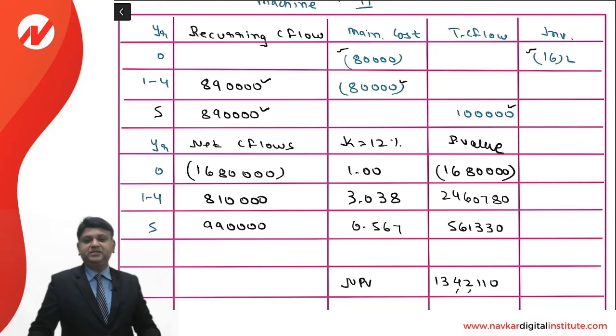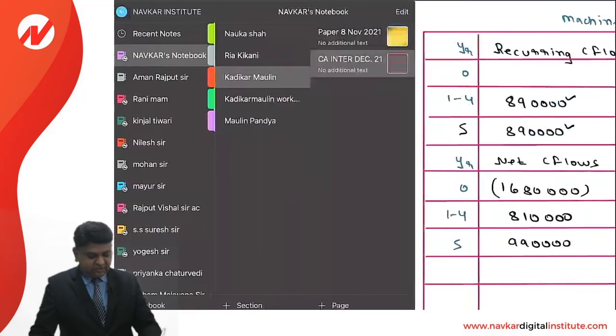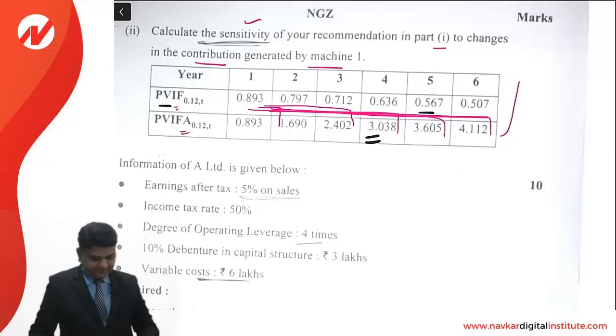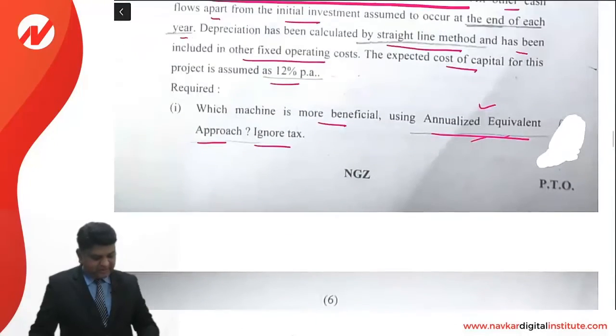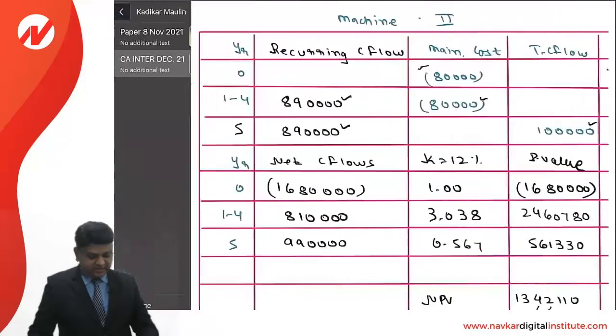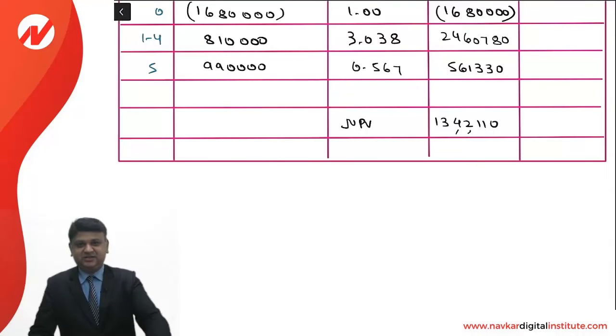Whatever NPV we have calculated for machinery 1 and 2, they are not comparable because this NPV is for different number of years. That is the reason there is a good clarification made in the question that we are required to make the calculation of the equalized annual value. It means that equalized annual NPV is required to be calculated for both the options. And based on that, we will recommend which machinery to be purchased.